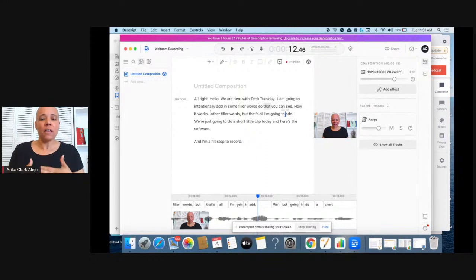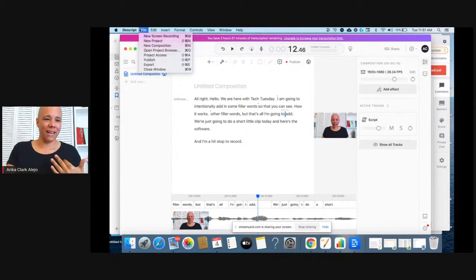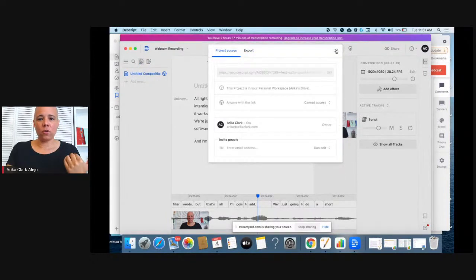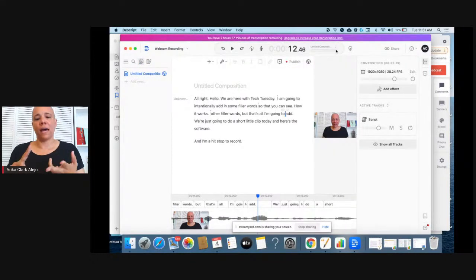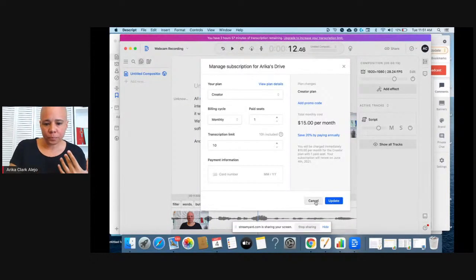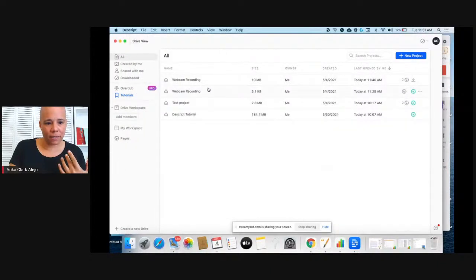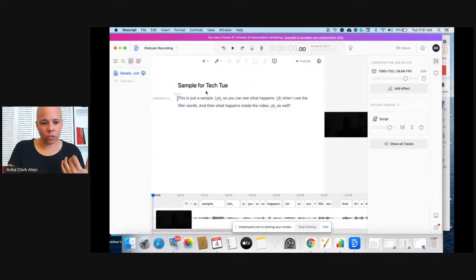editing of your files. The last thing I want to share is when you go to export, I don't know if I can do it with this file, but when you go to export, you can export things as a movie. You can export as an audiogram. I'm actually going to close this out. I'm going to go back to this one. I did this one earlier today, just playing around with it to make sure I could remember how to access